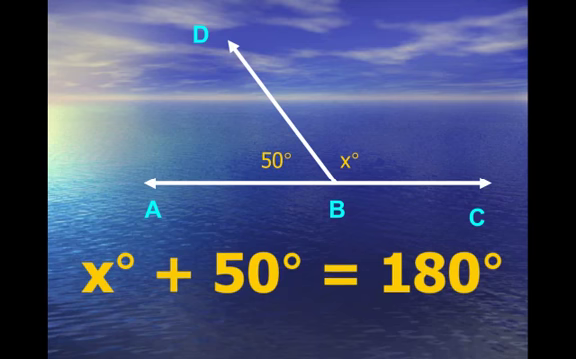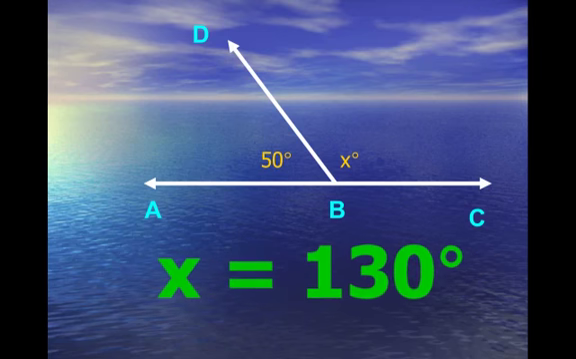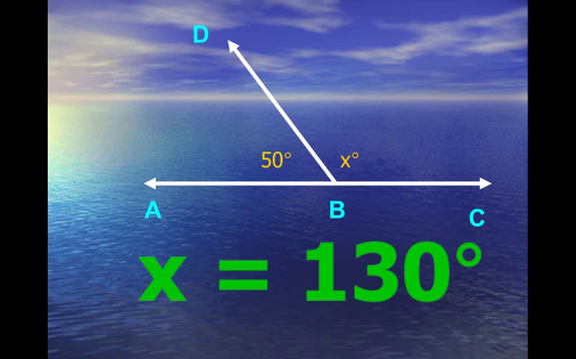So now you're playing a game and saying, what plus 50 makes 180? And as a result, our answer comes out to be 130 degrees. And this is the definition of supplementary angles. Note,